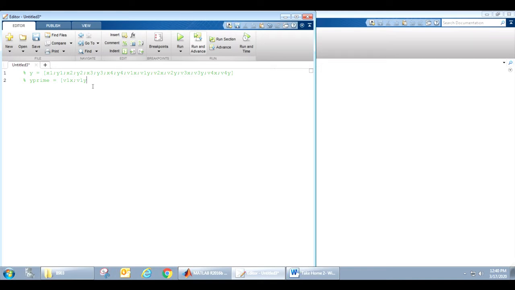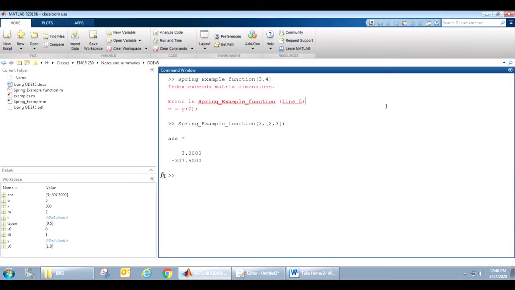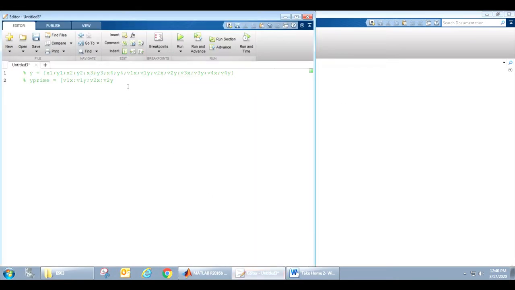It's frozen a little, so here's hoping that it comes back. Come on, remote desktop, you can do it. Okay, there we go. So